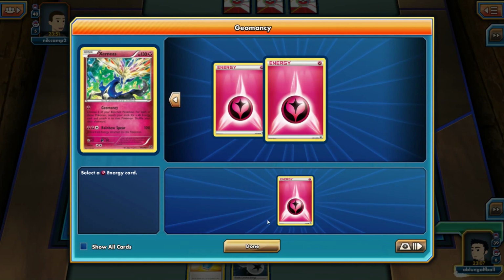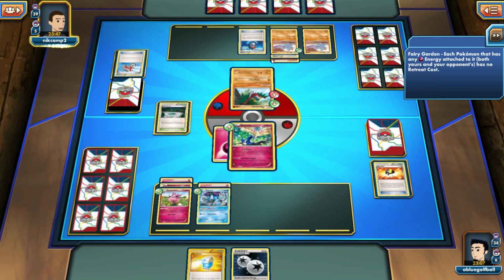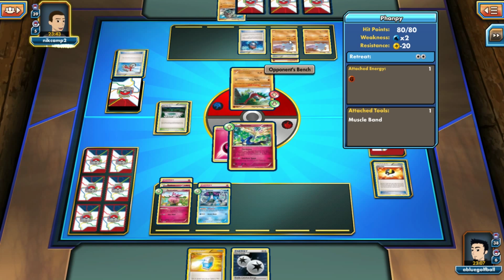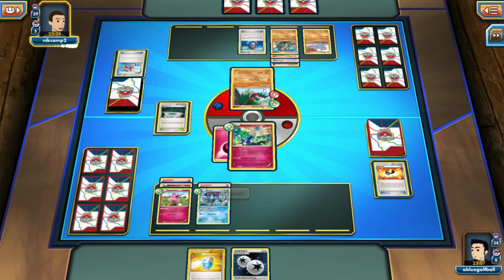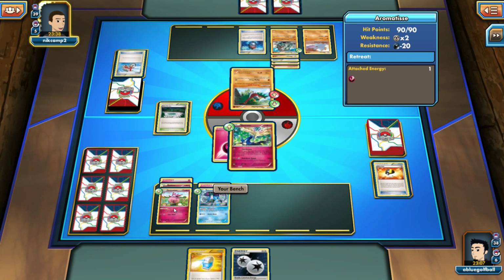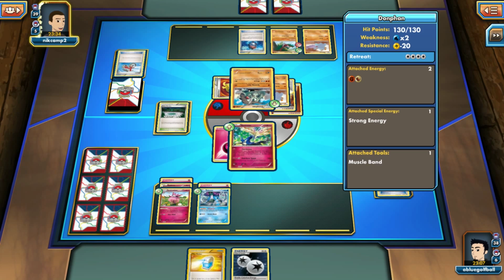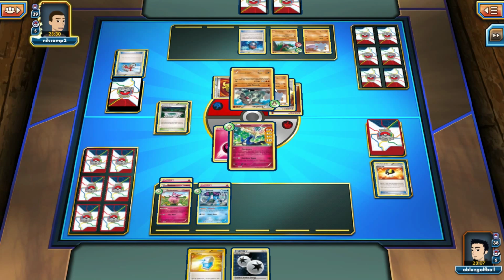You can see here, my Aromatisse shouldn't be in any threat in particular. Even with a Lysander, I don't think my opponent should be able to knock him out, even if he gets a Donphan, right? So we see 40 plus the Muscle Band, that's 60. And if he plays a Lysander, my Aromatisse would survive. Even with the strong energy, right? It would do 80. My Aromatisse would still survive. So we see the hit and run,